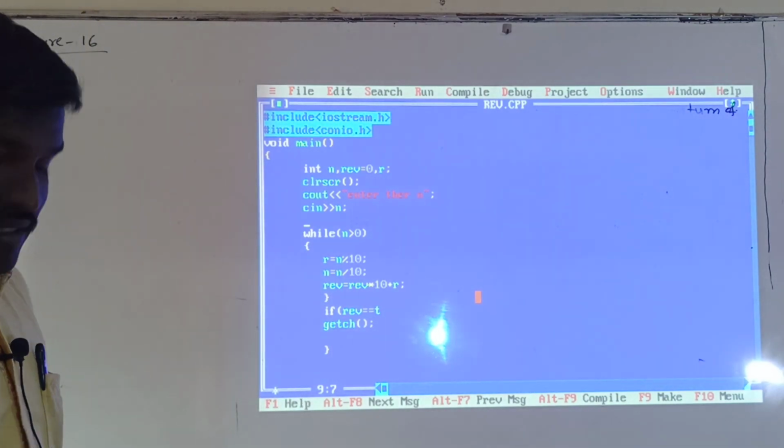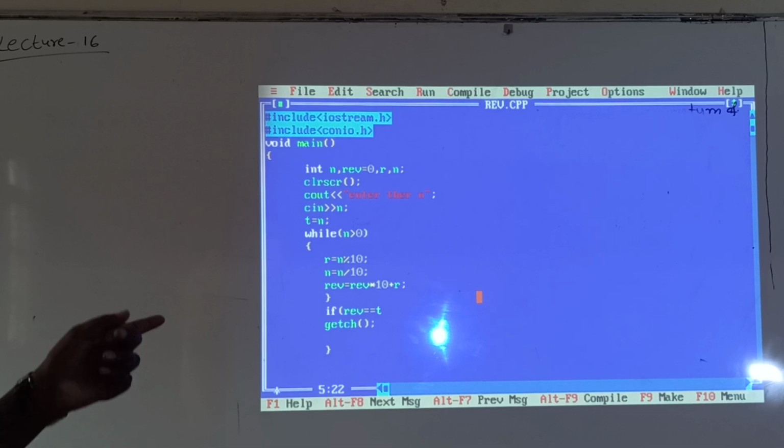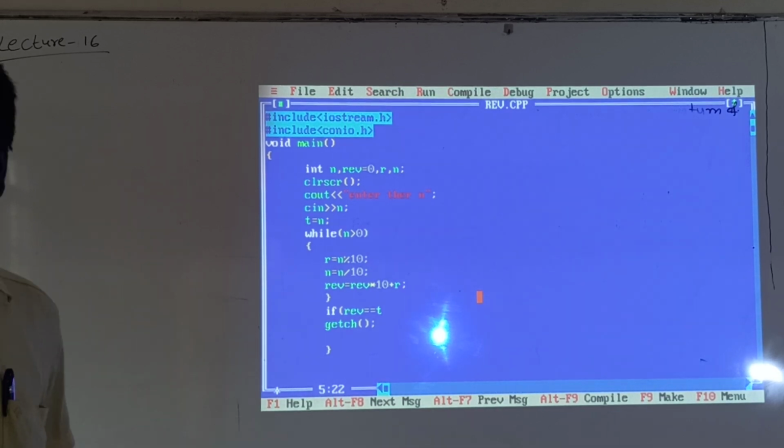So that's why I take t is equal to n, meaning one copy of n is stored in t. Even if n becomes 0, the t value stays as it is. Okay, here if reverse is equal to t,